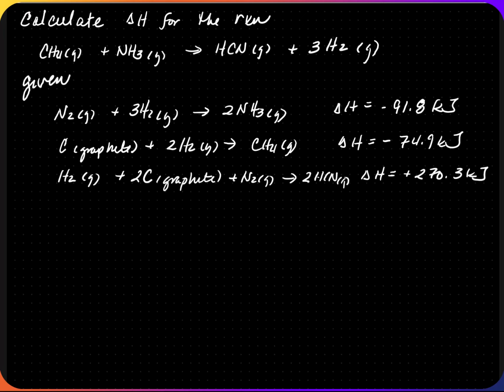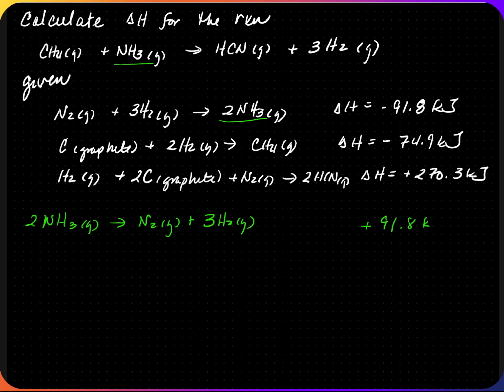So here we have the original equation. Methane reacts with ammonia. And so if it occurs in three steps, the first equation, we need to flip. Why? The ammonia is on the left side. So we need to make sure the ammonia is on the left side. Since we flipped the equation, my delta H is now